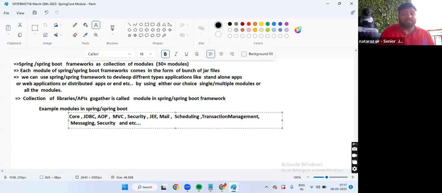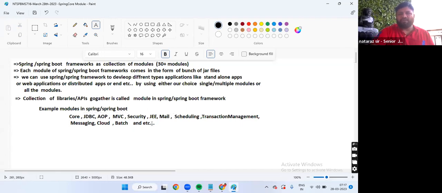Don't worry about order, I'm just giving the names of the modules. Clear? We also have a cloud module and a batch module. A lot of names are there, guys.